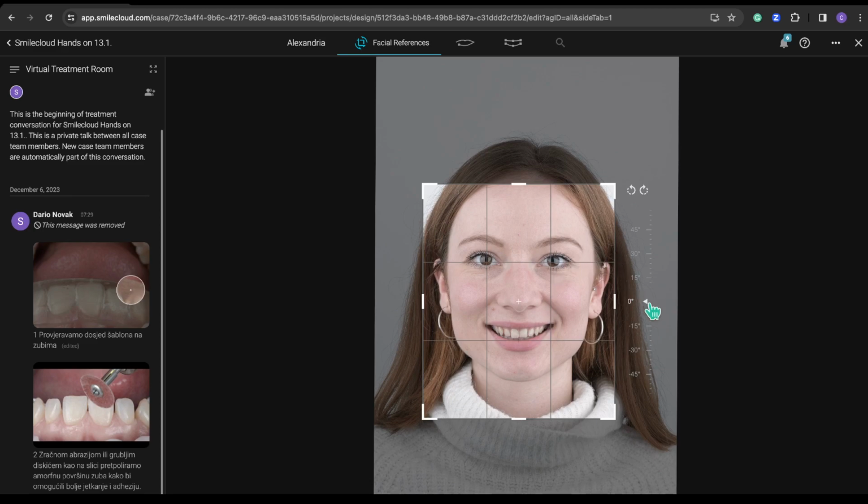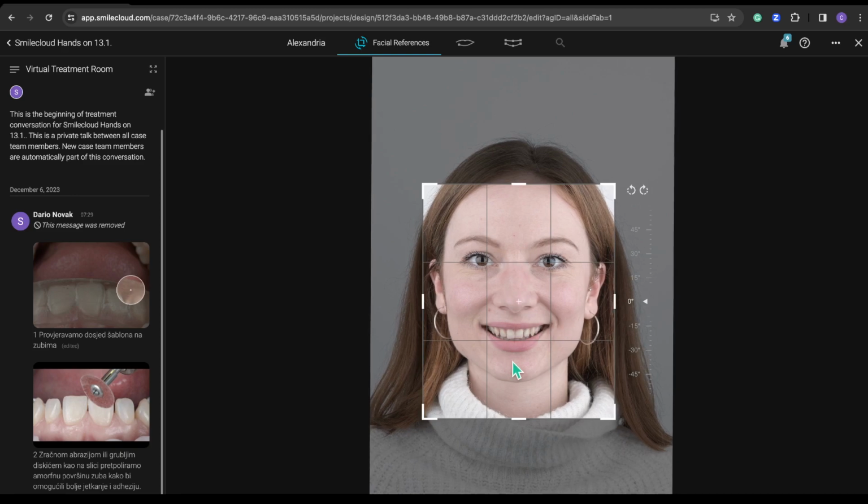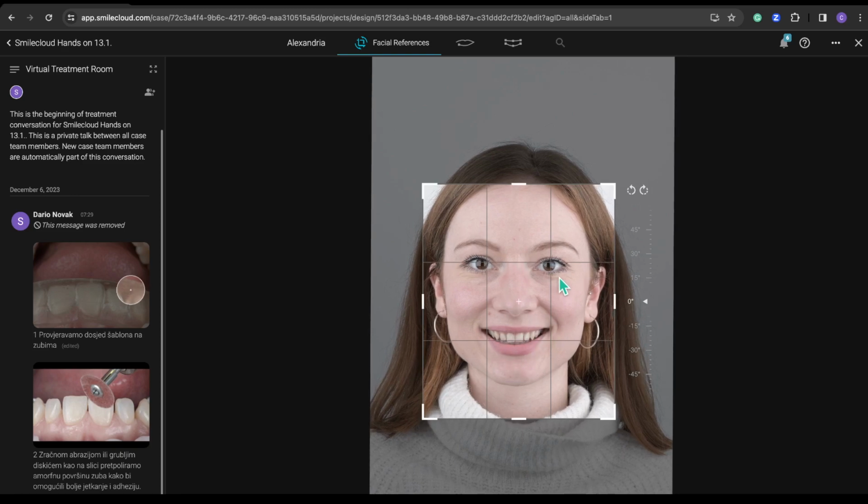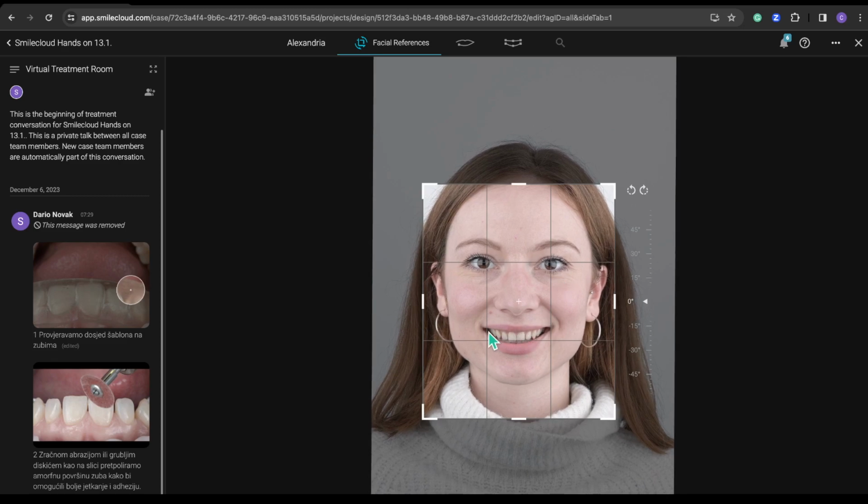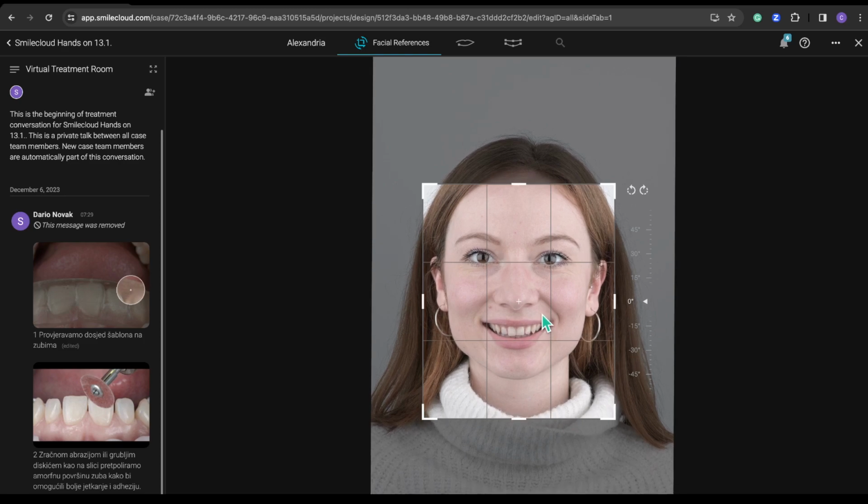So what I want is this line usually to be leveled with the eyes. Sometimes it's not the case, because not everybody has perfectly symmetrical eyes, nor should they, don't get me wrong. But what we want here is to decide which is the exact plane in which we are working our case. This is important for everybody working on this case, because we are basically using this photo as